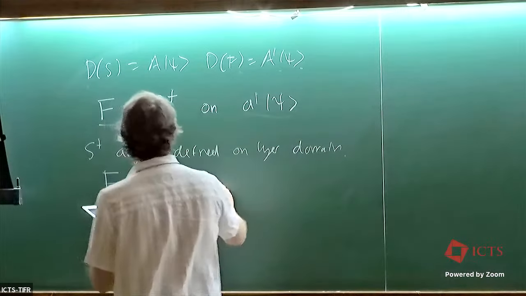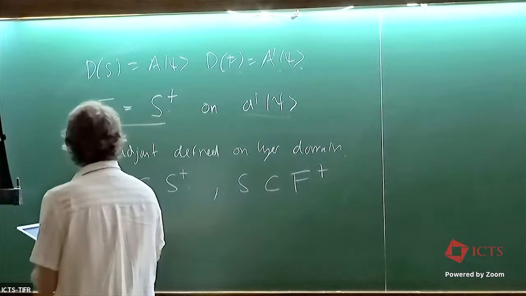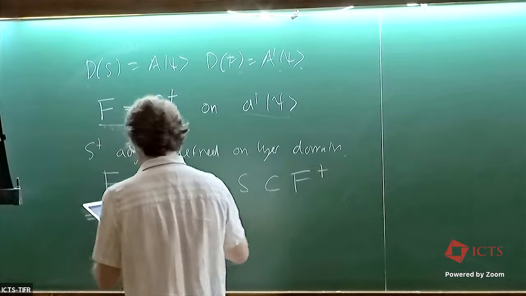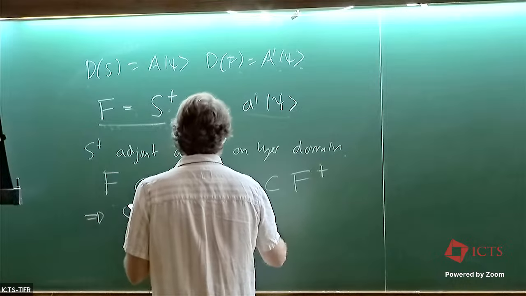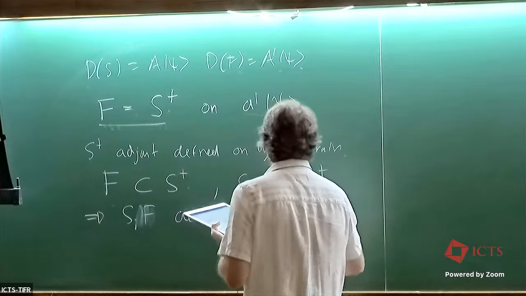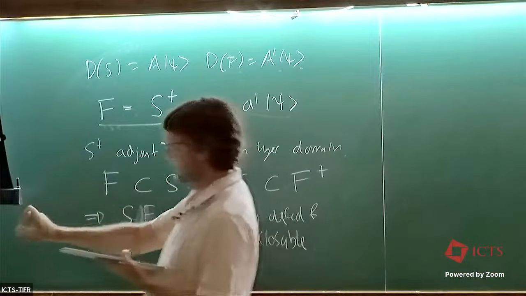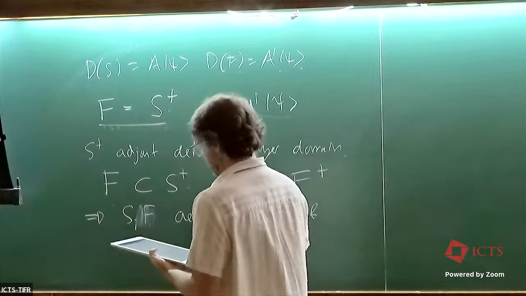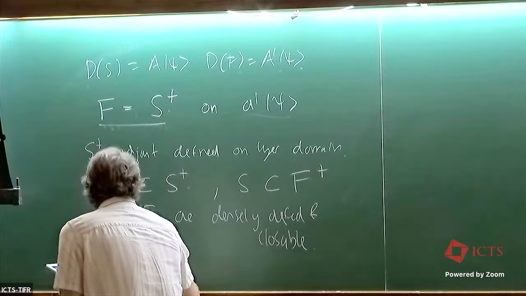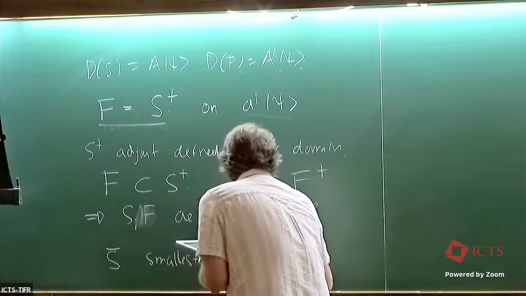And so actually, similarly, you can show this, and this implies that S and F are densely defined and closable. So that means there's an extension. Closable means there's an extension which is closed, which is this nice property that I haven't defined yet. So then we introduce the closure. And this is the smallest closed extension. And just to define what closed is,